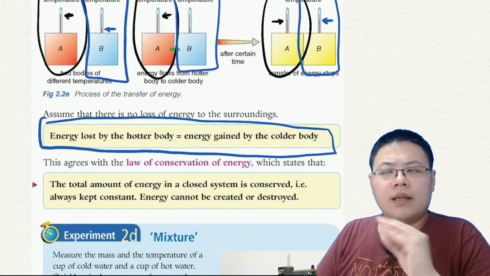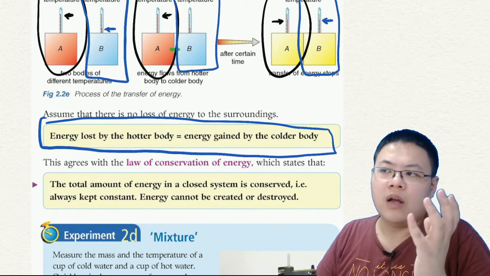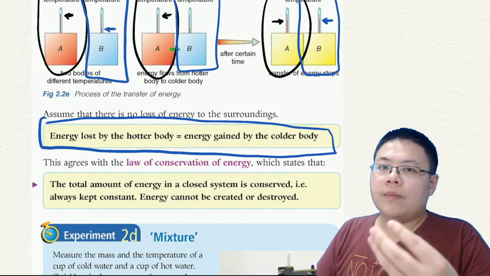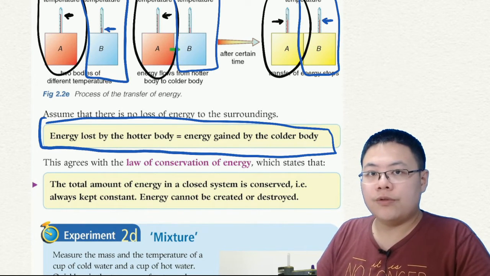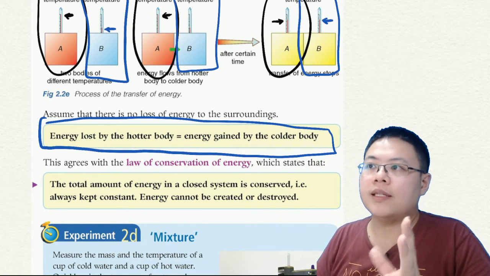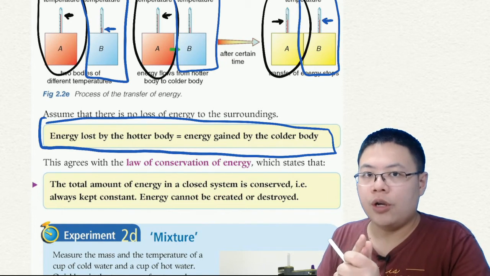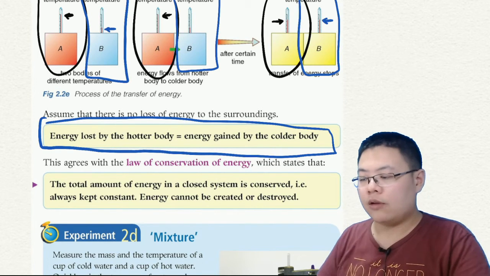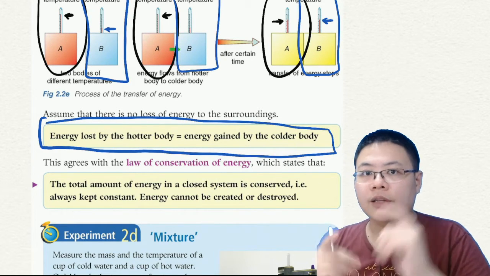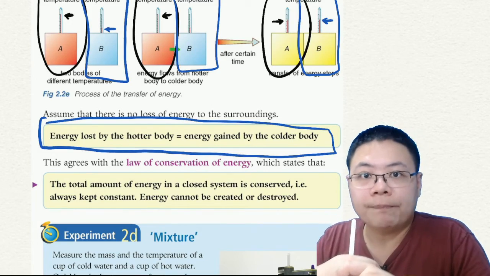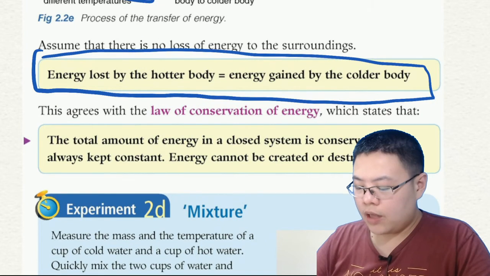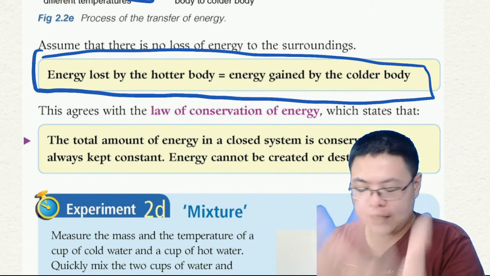You might think that is not so difficult to understand, but what comes by deduction after this conclusion is we can calculate the final temperature when two objects, two liquids or two solids, or some liquid and solid mixed together. The final temperature can be calculated. So these two yellow boxes are the assumption,